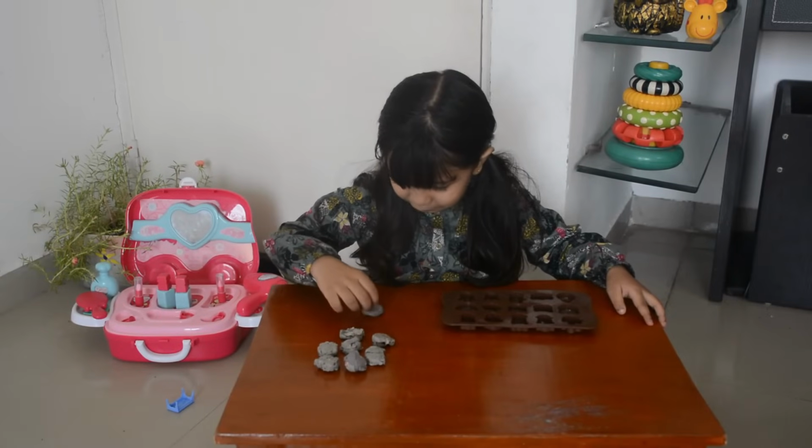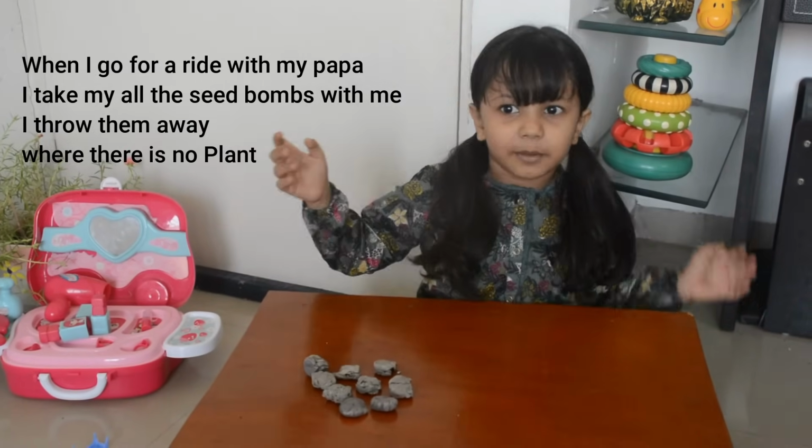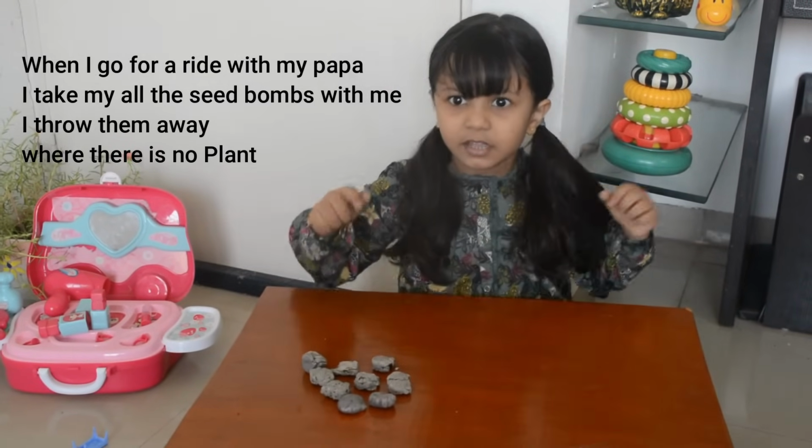Wow, it's so beautiful. When I go for a ride with my papa, I take all the seed bombs with me. I throw them